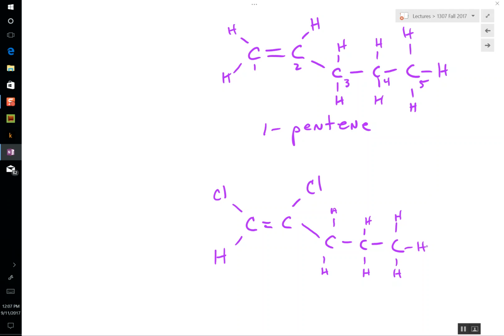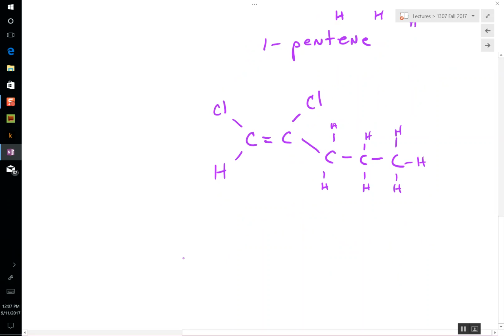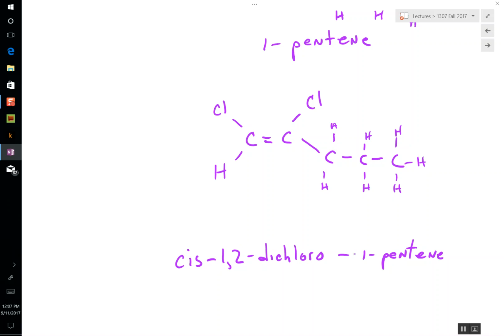What's the same? The chlorines. And where are they? They're on the top. So it is cis. All right? So this is cis-1-pentene. And then what do we do with the chlorines? We've got a 1,2-dichloro-1-pentene. All right? So even though it is a 1-pentene, the double bond's on the end,